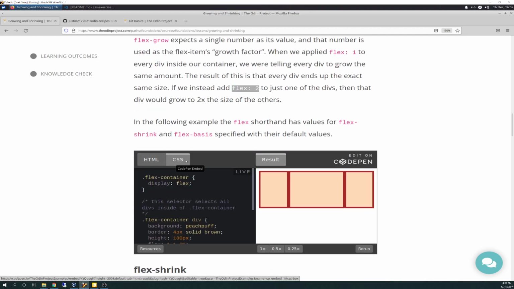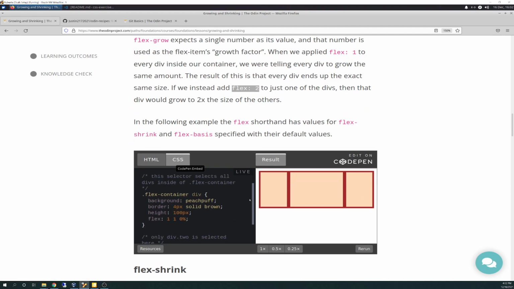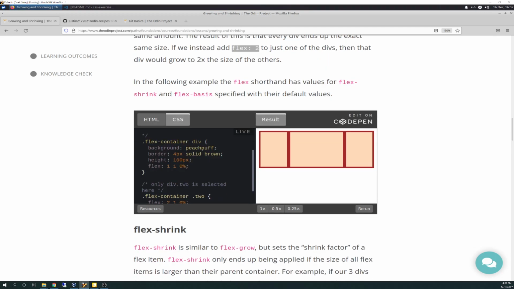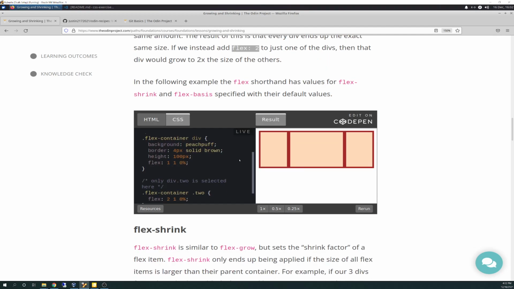And they give a CSS example of that here. They have a flex container div. Here's your flex definition, flex-grow 1, and there's a flex-grow of 2. So for your container, 2 is going to grow twice as fast. And that's this one right here, because in the HTML you can see the div with class 2, which is this one here, 1, 2, 3. Again, I'm kind of abbreviating some of this because